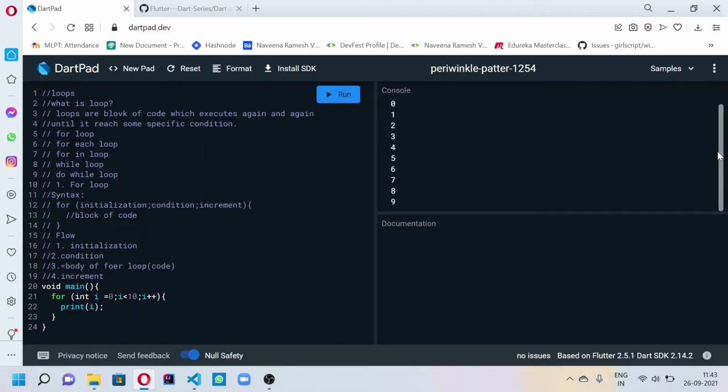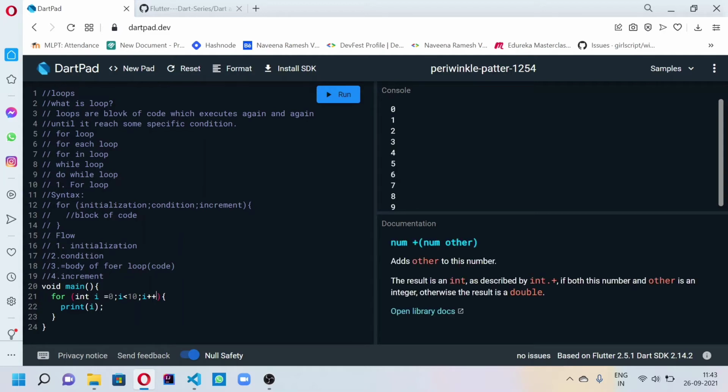See how it goes. First we have given i is equal to 0. It will check i is less than 10, 0 is less than 10. Yeah, it is less than 10, so it will print it. Now it will go to increment. First i is 0. Now we increment it, so it will go to 0 plus 1, 1. So it will check whether 1 is less than 10. Yeah, then it will print it. Again it will move to the i plus plus. Now i is 1. In that case, 1 plus 1, it will go to 2. So 2 is less than 10. Yeah, it will print. Until 9, when it moves to 9, it will check 9 is less than 10. Yeah, it will print. Again it will go 9 plus 1 is 10. It will check the condition whether it is less than 10. No, that's why it stops the loop and comes out of the main function. Okay.